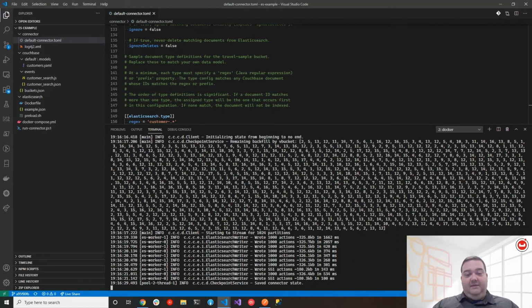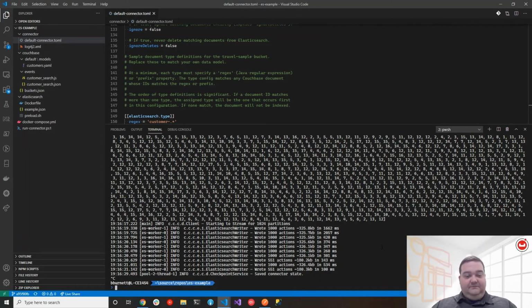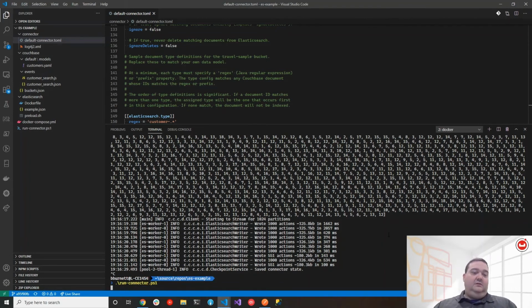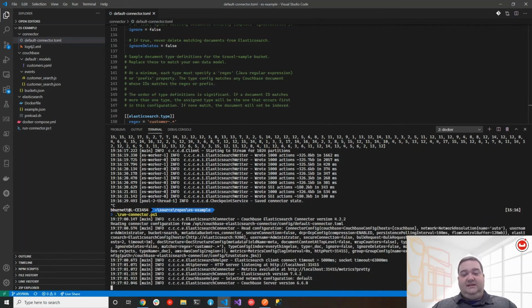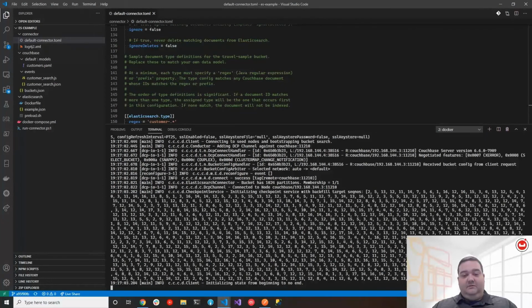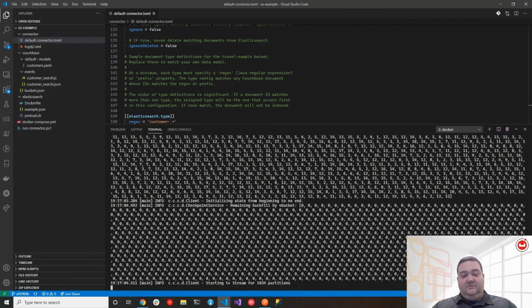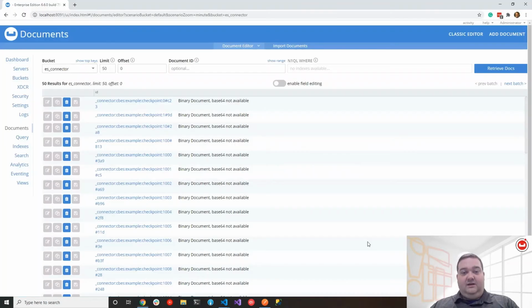What that means is that if I then kill this process and relaunch it, we can see it starts up, and then it determines that there were no changes to mutate compared to its previous state, and now it's just sitting here idle. Now at this point, as long as this is running and the event is running, any changes